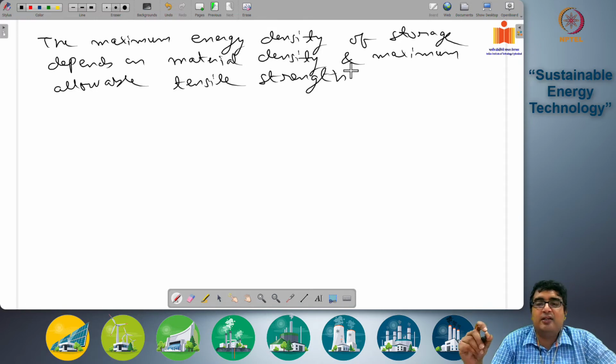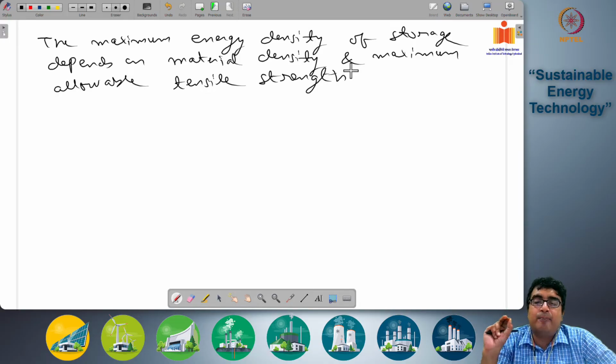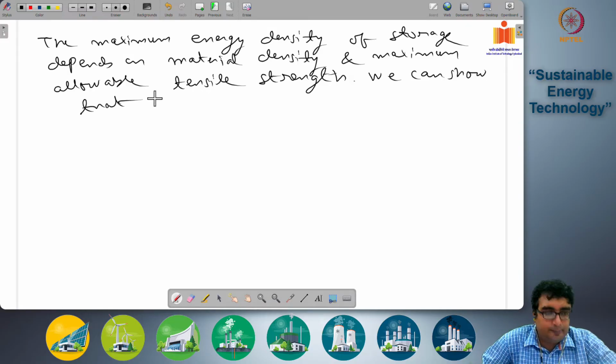So there are two basic factors: what is the density of the material and what is the maximum allowable tensile strength of the material, and over these two factors we can determine what is the maximum possible energy storage density for your flywheel. We can show that